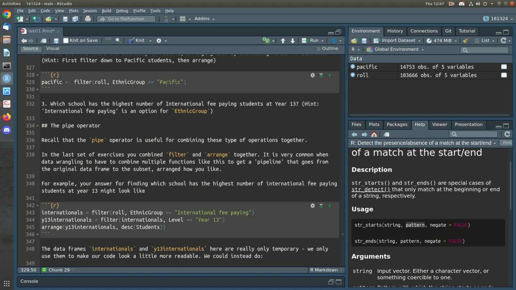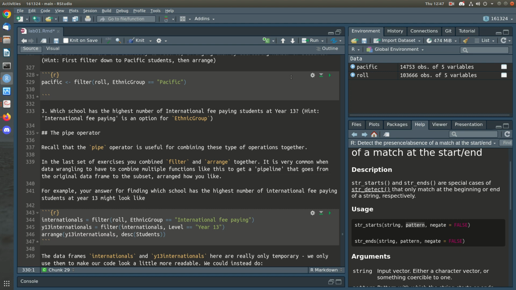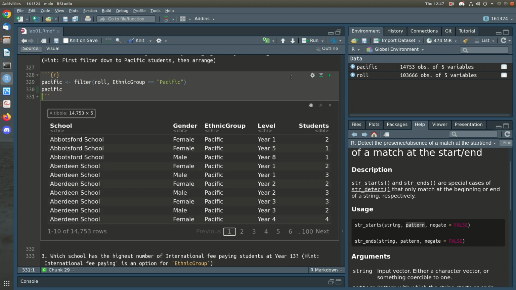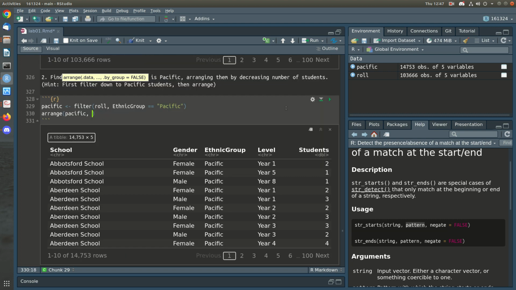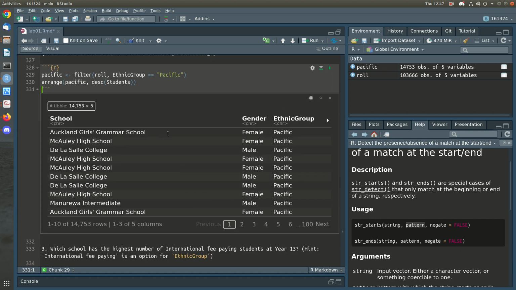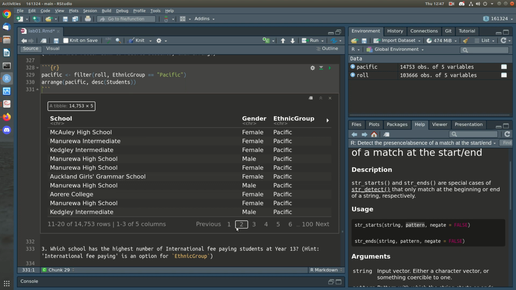is equal to that. So notice when I run that, if you haven't run much R code before, I don't get any output. That's because this is an assignment rather than an expression. Because I'm storing it, it has stored it but not printed it. But then we can arrange that. Of course, if we want to print it, we just type it out. So there it is, and now we can arrange that data set by the decreasing number of students. So students descending. You can see that Auckland Girls Grammar is the one that has the most Pacific students